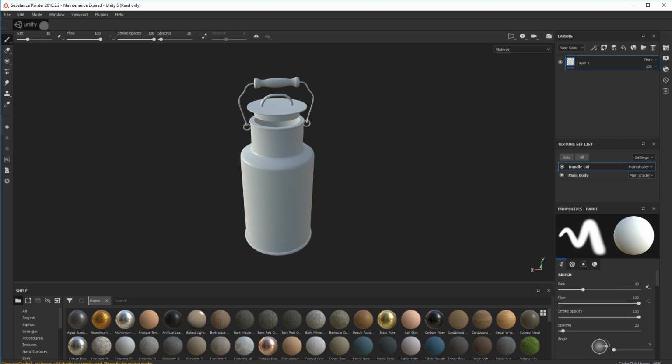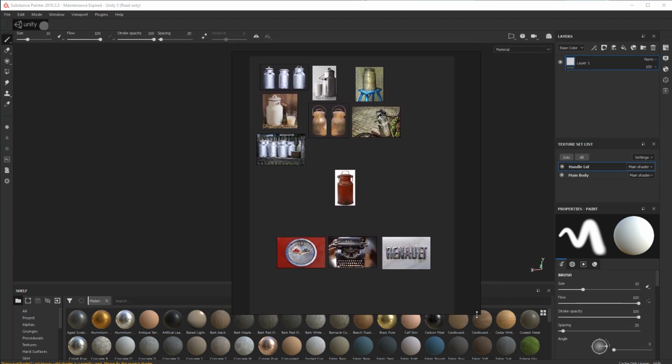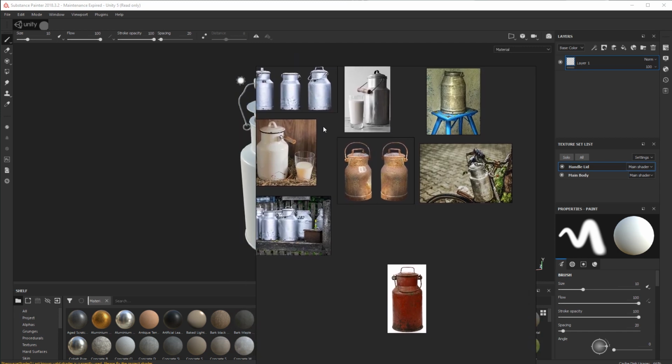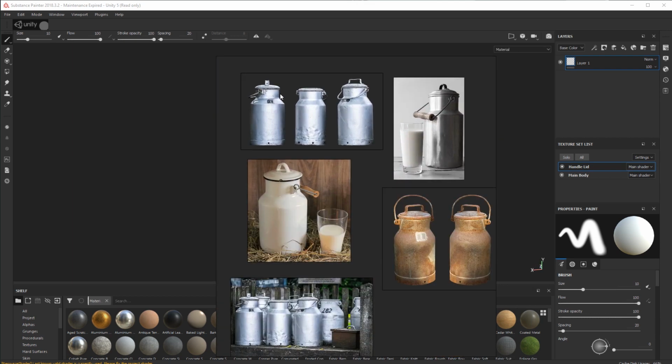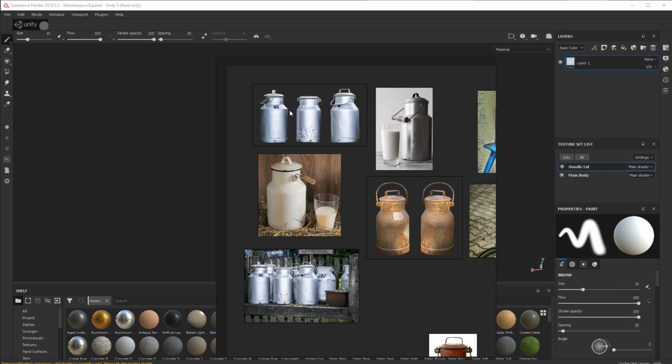Okay, so here's my reference material for the object. I've got these images from Pixabay, which is a free image website, so I'm perfectly allowed to use these free of charge. You don't need any credit or anything, and that's the good thing about Pixabay. So if you're ever looking for free imagery, go there first. So you can see here